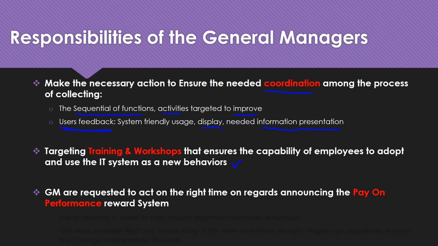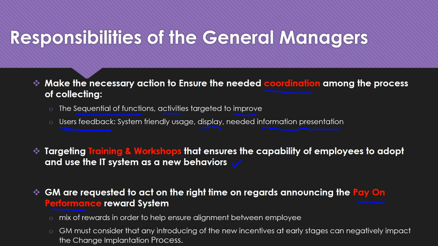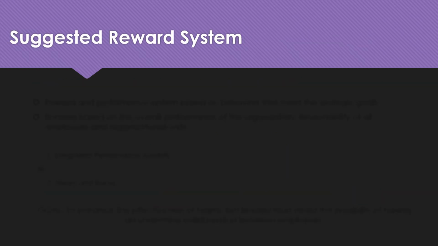And as GMs, we are requested to act at the right time regarding announcing the pay-for-performance reward system, which is based on mixed rewards in order to help ensure alignment between employees. And we have to consider that introducing this new incentive at early stages can negatively impact the change implementation process. We suggest as a reward system